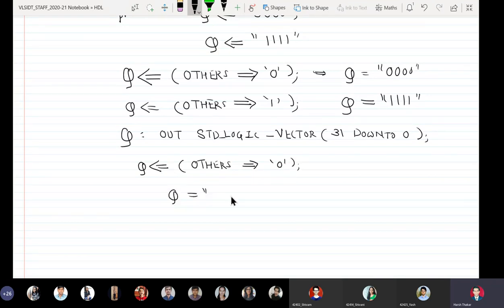It is as good as writing 1 2 3 4 5 6 7 8. Okay, this is called an aggregate operator.